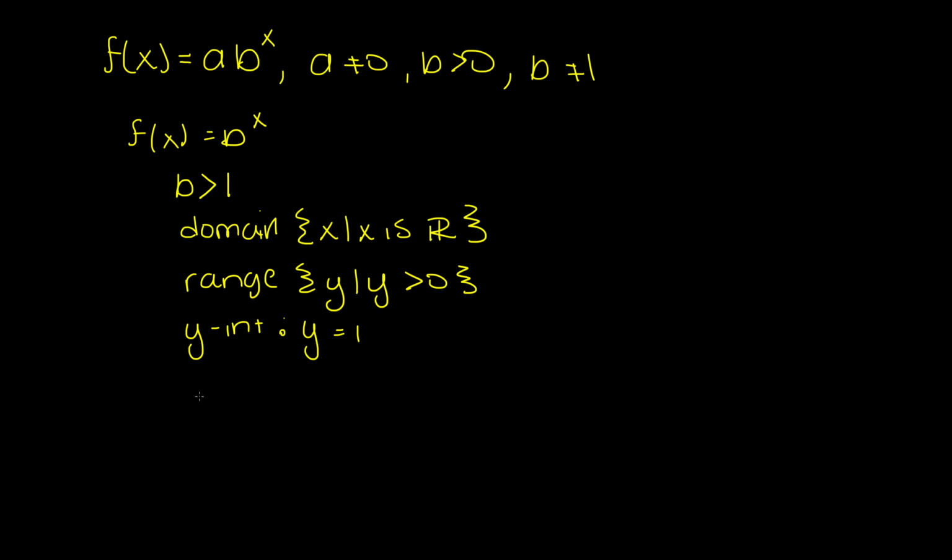My x-intercept we actually don't have. We get closer and closer to the x-axis, but we never touch it. So we have a horizontal asymptote in this one of y is equal to 0, which means we're going to get closer and closer and closer to that x-axis. We're not going to touch it or cross it for this parent function. And so that means that my end behavior